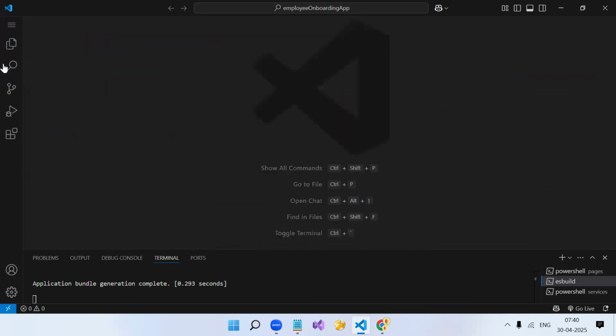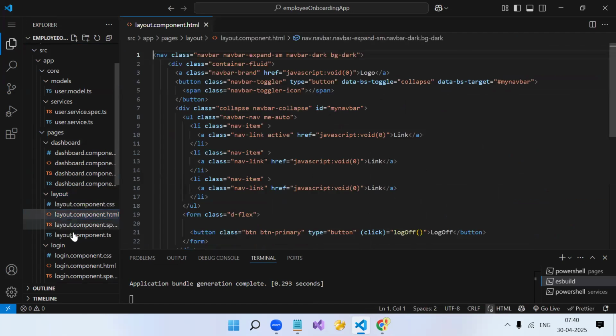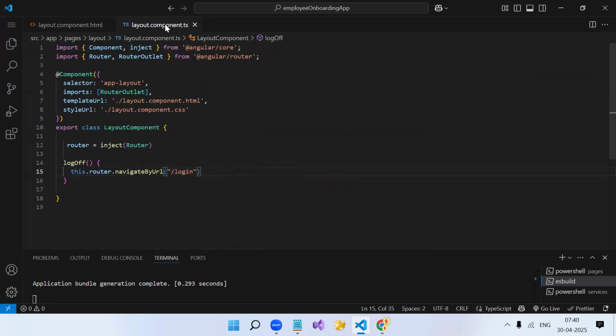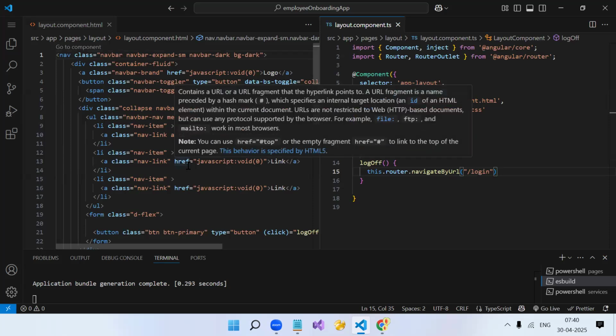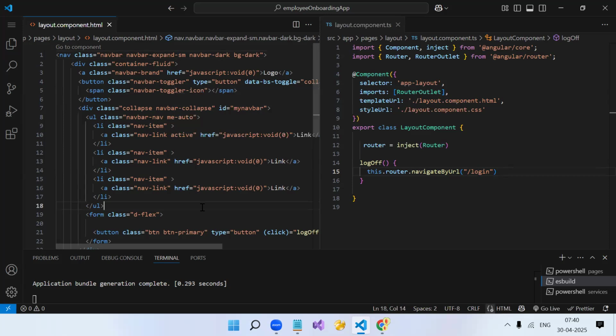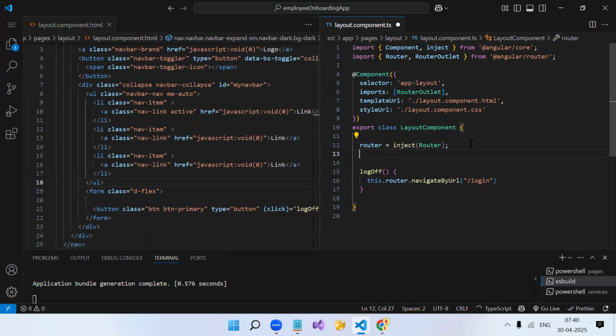Now in the dashboard component, we have to show the logged in data. Sorry, not dashboard, layout. We have our navbar in the layout component. So in the layout component, we have to show the logged in data. Where is the logged in user data? Local storage, right? So once your component loads, on the load, you need to read that local storage data. You will store the logged in data into a variable, and then use it over here to print. So here I'm creating a variable loggedData